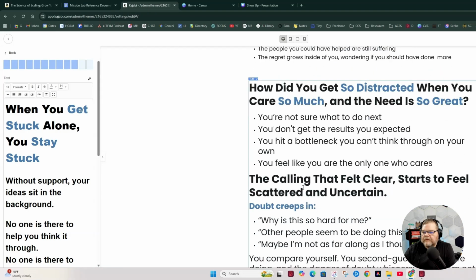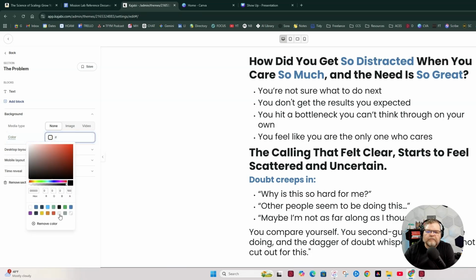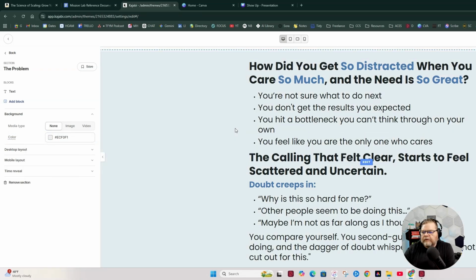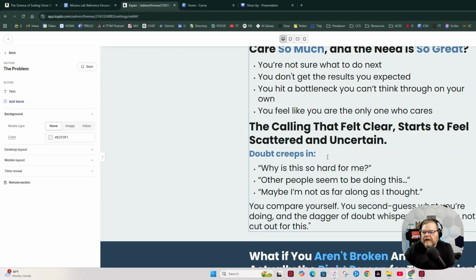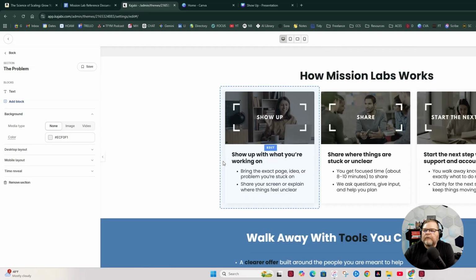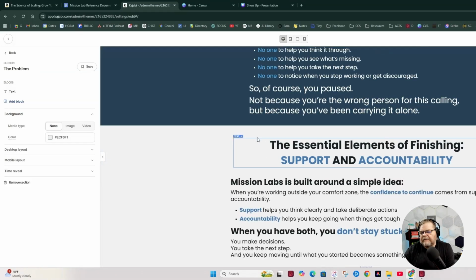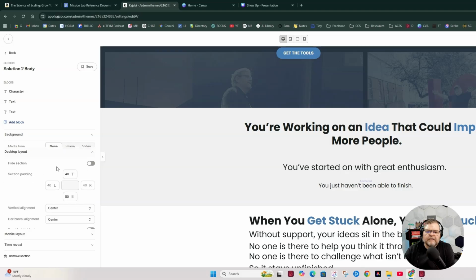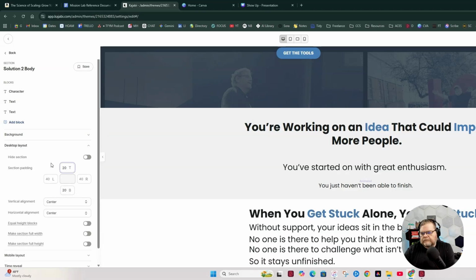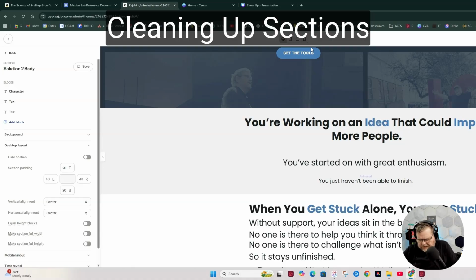Let's turn this background to the gray color so we have some variation. So we have dark blue, gray, white, gray, blue, gray, white. Okay. So I think I'm okay with that for the stakes section. Make sure the desktop. Good. Save. All right. So after stakes, according to the book Coach Builder,